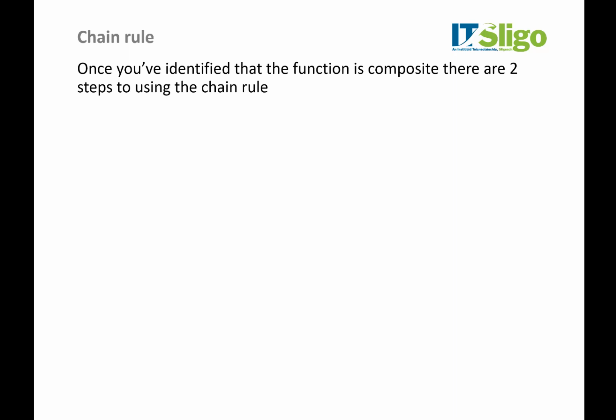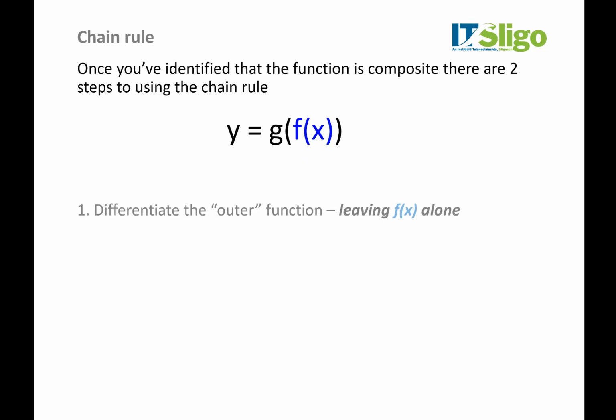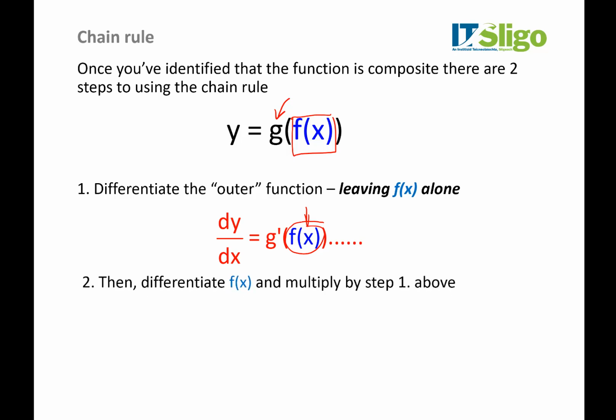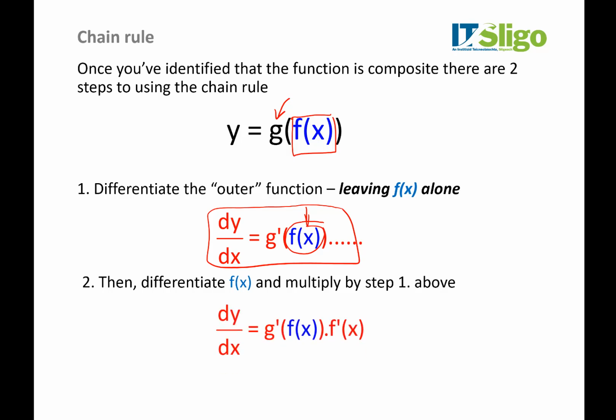So once we've identified that the function is composite, there are 2 steps to using the chain rule. The first step is to differentiate this bit, the outer function, g, but leave f(x) untouched. That's your first step. So we differentiate g, but f(x) stays exactly as it's written in the problem. Then the second step is to differentiate f(x) and multiply it by our answer from step 1. So there's f(x), f dash x, that's the derivative of the blue bit, and it's been multiplied by